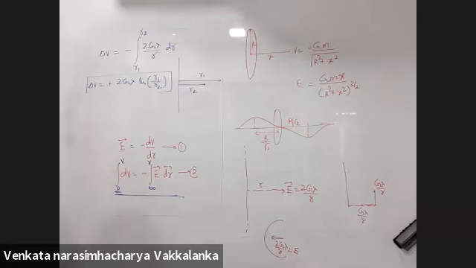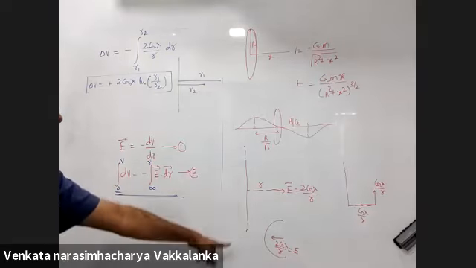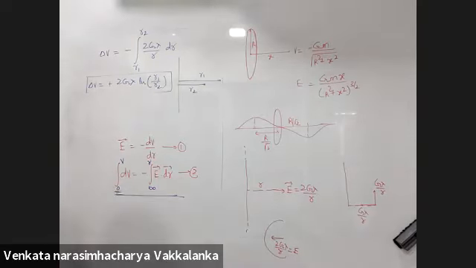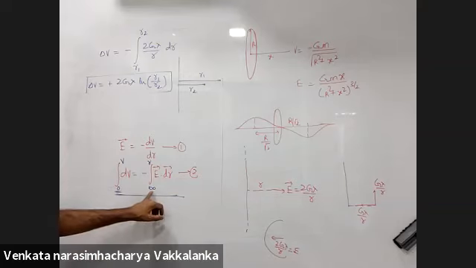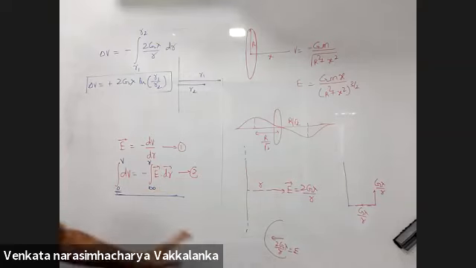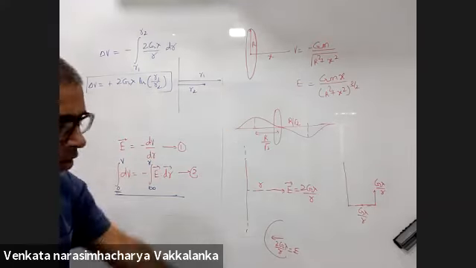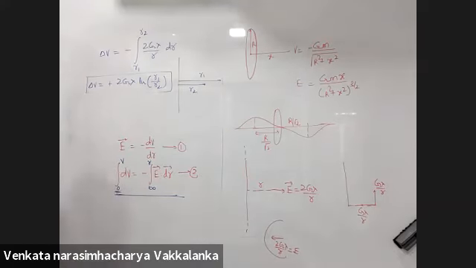Why are you saying that infinity potential cannot be zero over here? It is infinitely long, right? Wherever you go, you will experience a force. What is infinity? The point where I don't experience force due to that point charge. How do you define infinity? The point where I don't experience force. For an infinite long wire, wherever I go, I'll experience force. So we are unable to define a point at infinity for an infinite long wire.